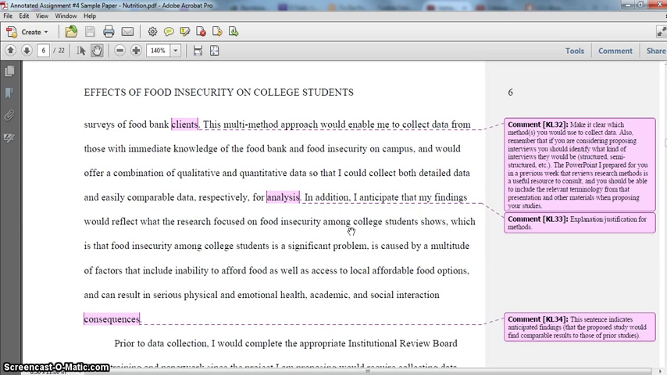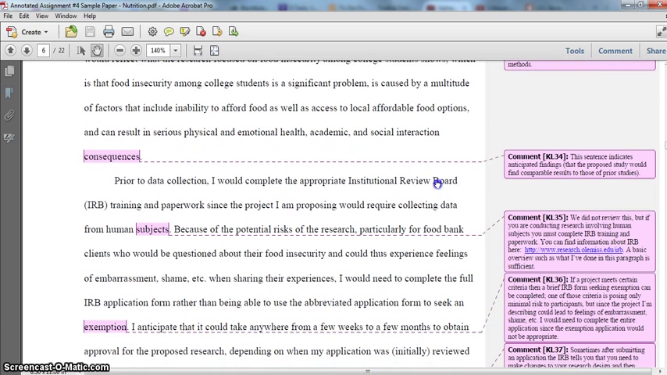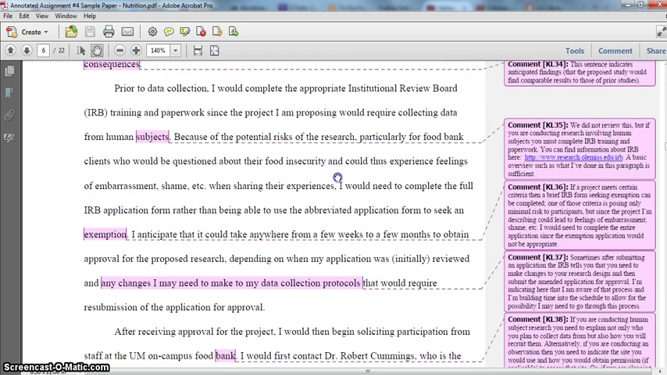I certainly could have strengthened this maybe by saying I would expect my findings to be XYZ, which are comparable or similar to the findings of previous studies, but I just didn't do that here. So continuing on,